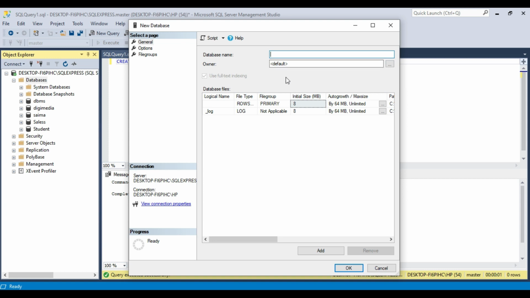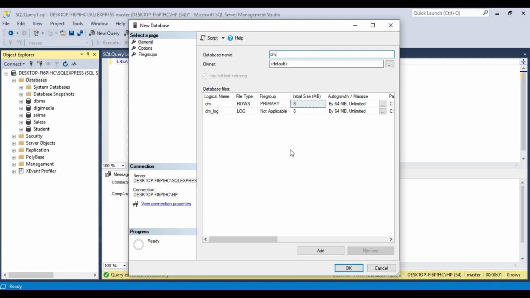When I opened SQL Server Management Studio, I set Windows authentication mode, but if you want to use a custom username and password for each of your databases, you can do that from your initial window. After providing your database name here,